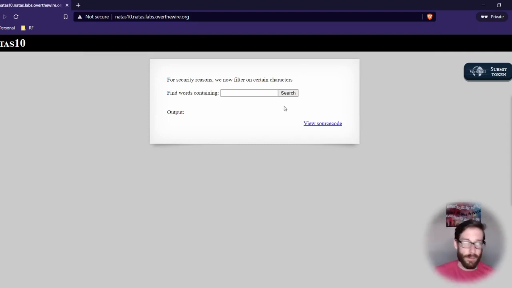Now this is similar to the previous ones, so we're going to put in some text and see what comes back. You can see specifically here that it says for security reasons, we now filter out certain characters. So this goes back to the sanitization piece. Because remember,